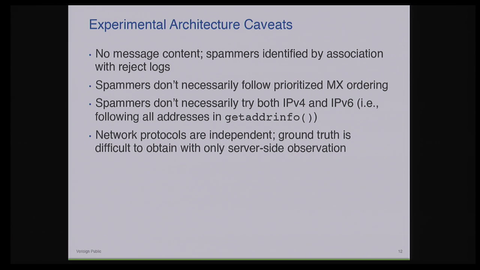Okay, a couple of caveats that you may have already caught, and we'll bring to your attention if you haven't. First of all, there is no message content here, and that was deliberate. The spammers are identified only by association. So spammers are identified, but not necessarily spam, and that is by design at this point. We also note that spammers are not necessarily going to follow specification, and that's okay. We also believe that if they can get some value from trying whatever MXs over whatever protocols, then they will. We do have some data to show some of this, but we recognize that they're not necessarily going to follow spec, and to be honest, not all implementations do either.